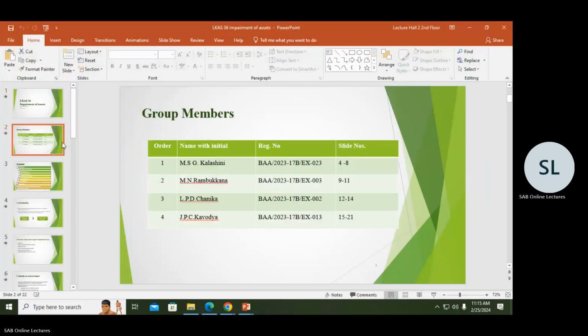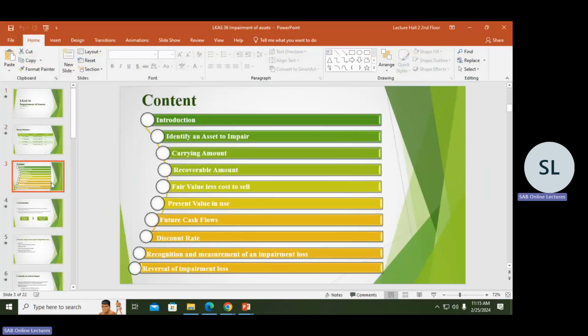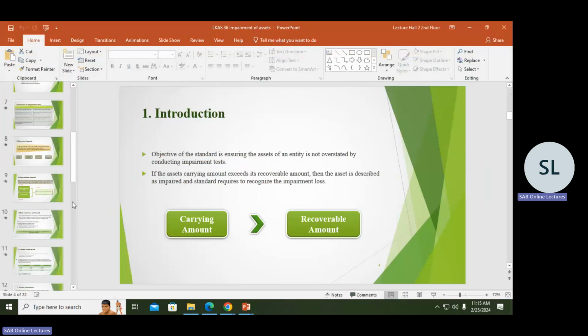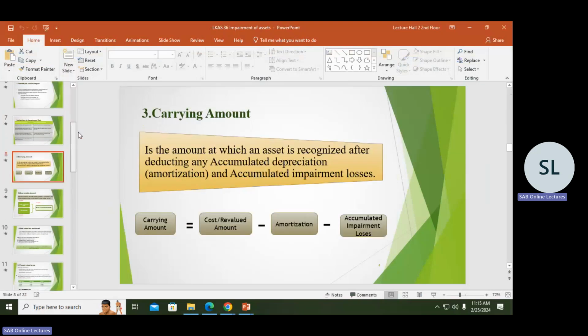Right. So here, when it comes to impairment, now you explain the concept, right? When the carrying amount of an asset is greater than the recoverable amount, the difference is the impairment loss. So carrying amount is the net book value, right? Recoverable amount, okay, I'll just comment about the group, then I'll come to the explanation. So then make it